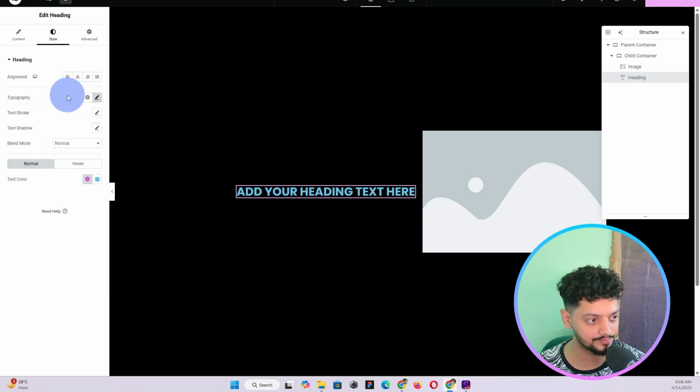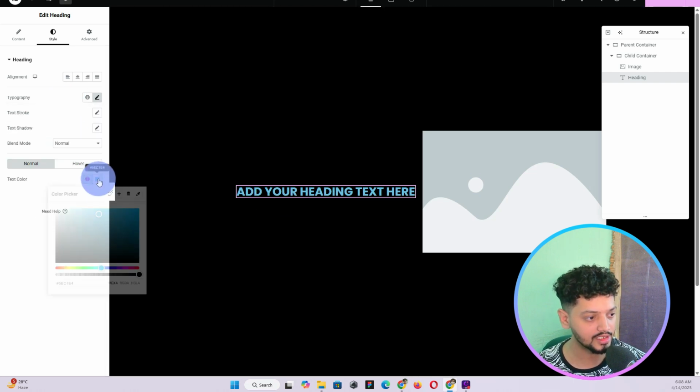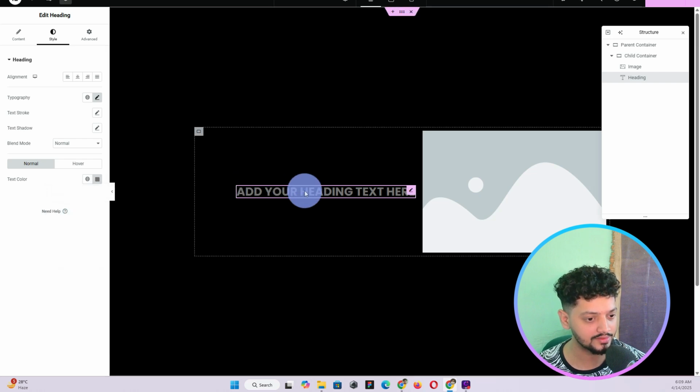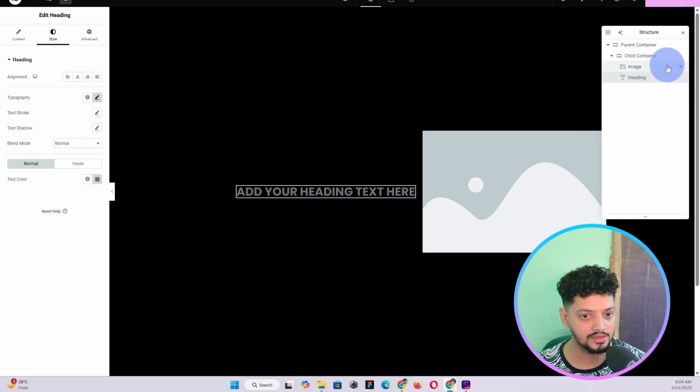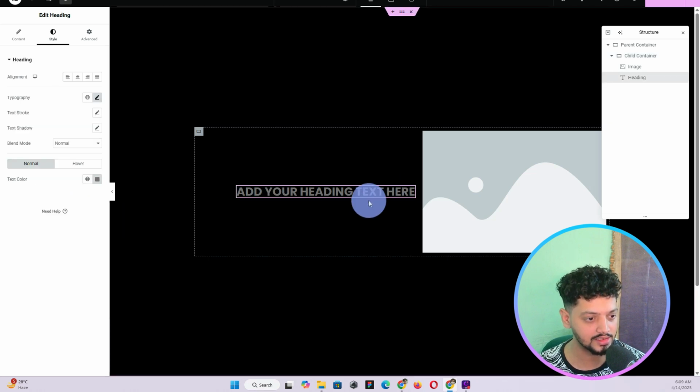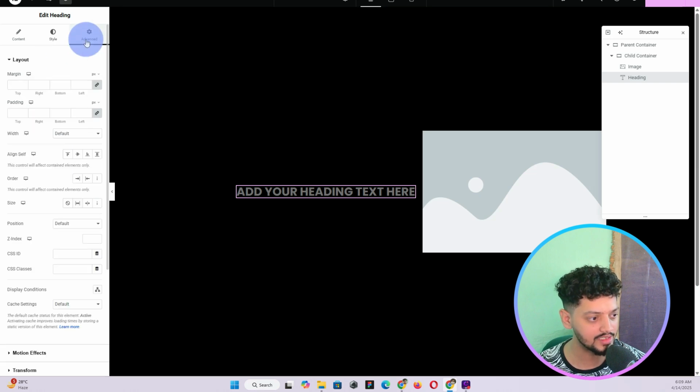in uppercase now. All right, then for the color, what I need is a light color, so something like this, light gray color or dark gray color, whatever you want to call it. I'll just set it here because after that it will be turned into the white color. So for this child container right here, make sure you have this row reverse selected, and then this is selected to the center. All right, so just click on this heading, and then just click on this advanced option right